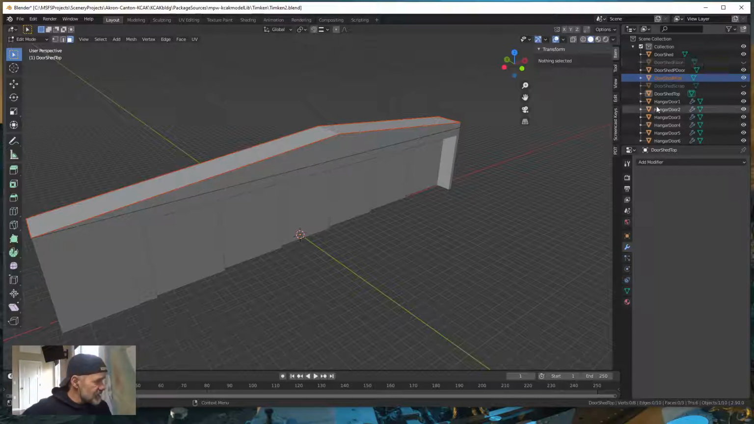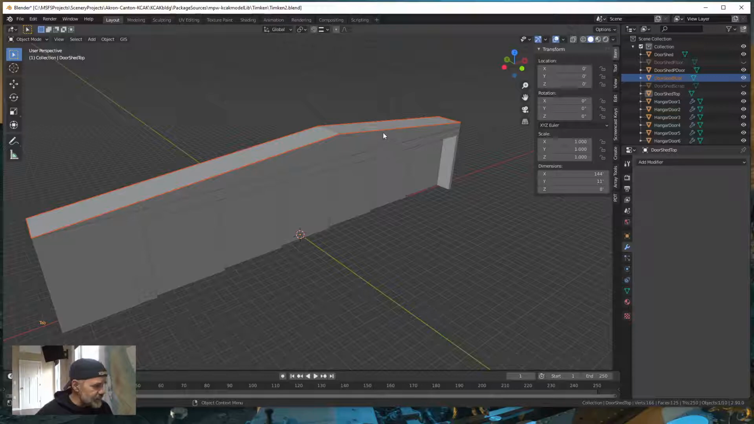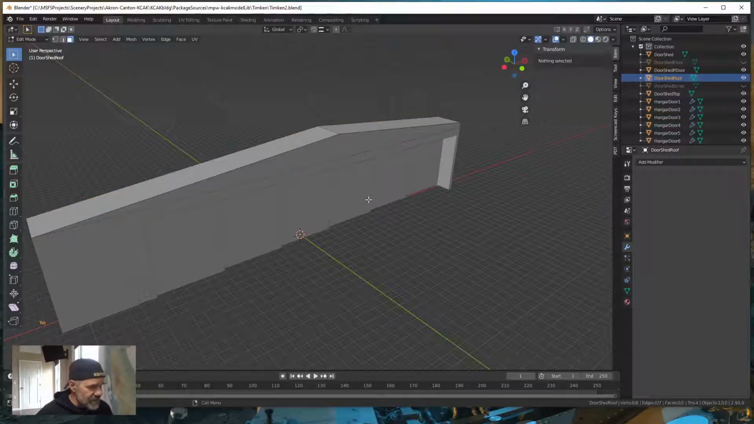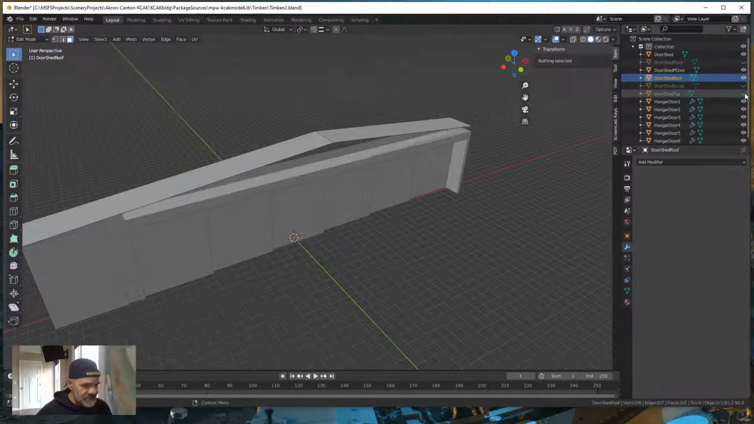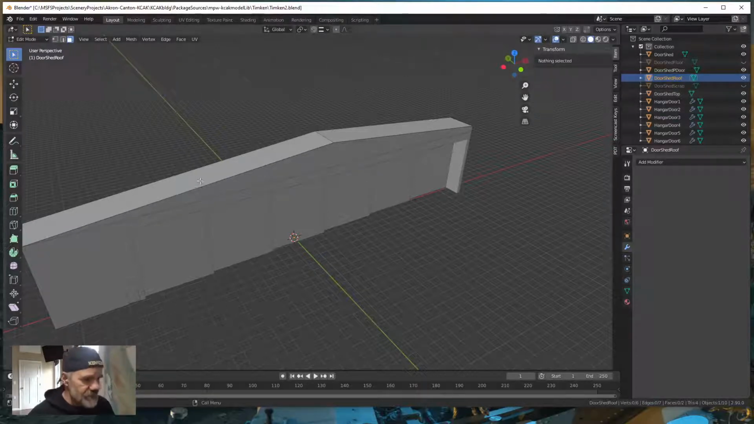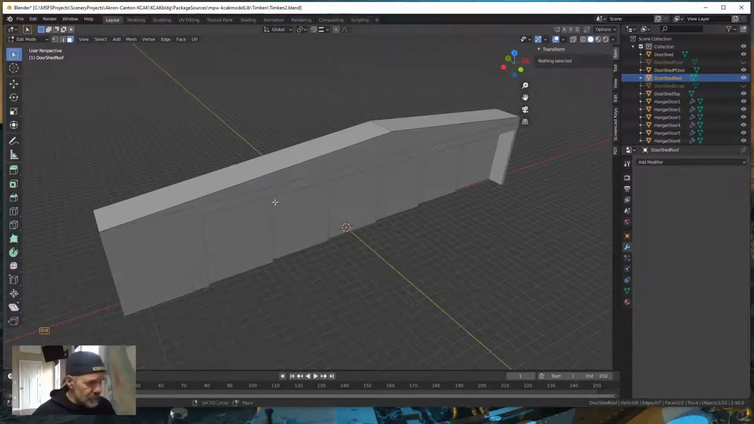We're going to keep top, and we're going to come back to that later. Okay, all right, so we have the roof selected. Get out of edit mode, select our roof, go back into edit mode. All right, so if I turn off the door shed top, it's only the plane of our roof itself. Okay, so with the roof in edit mode,